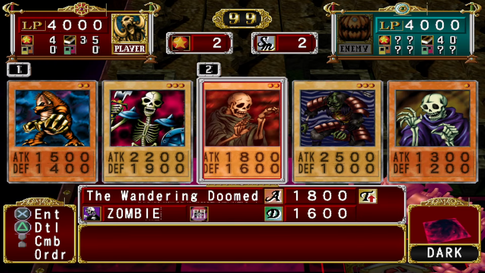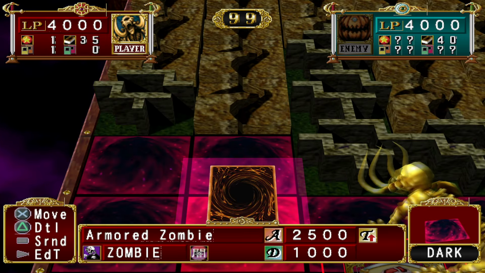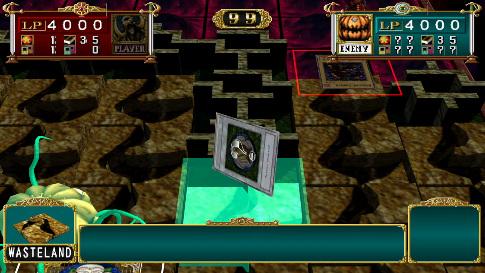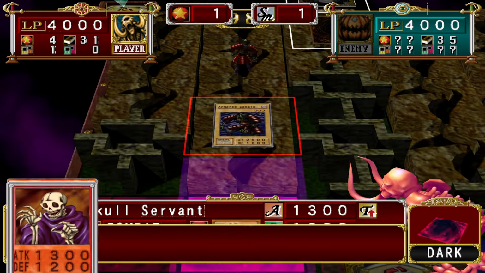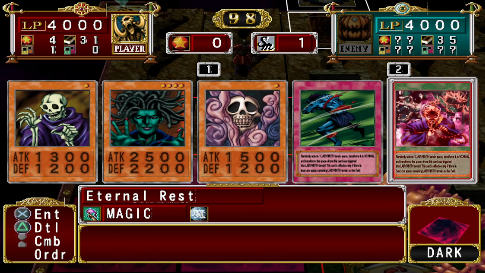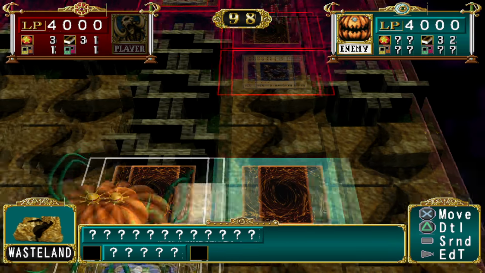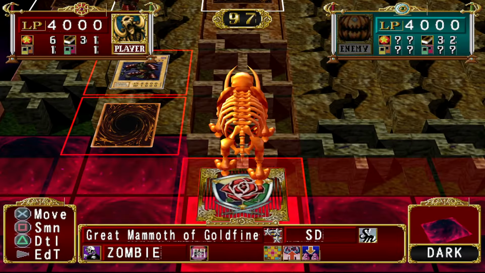Well, I'm going to leave the Skull Servant in my hand because it can fuse for Wood Remains easily. Well, that's a monster. And I'm sure it's bigger than my creature. So we can just pass a turn, let him play a second monster, and then I can Eternal Rest next turn and kill both of his cards. It'll also kill my Armored Zombie, but...